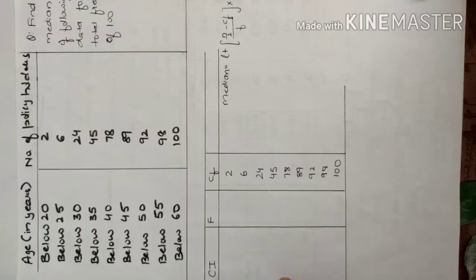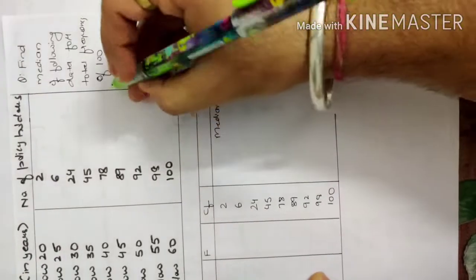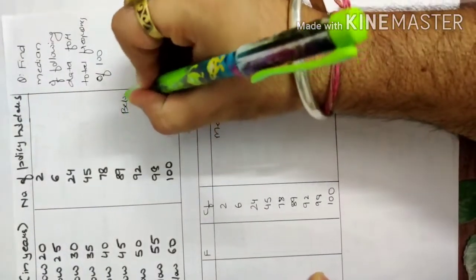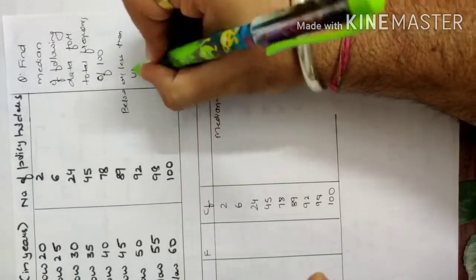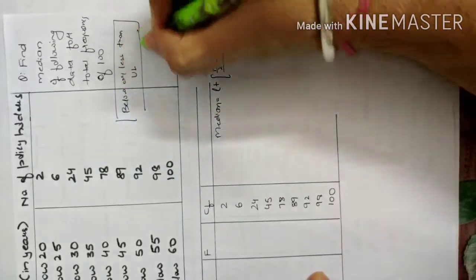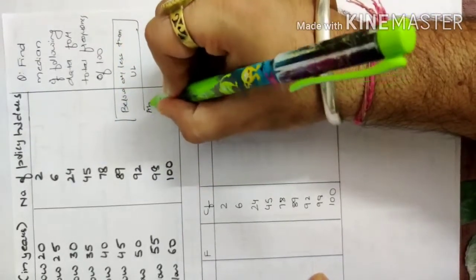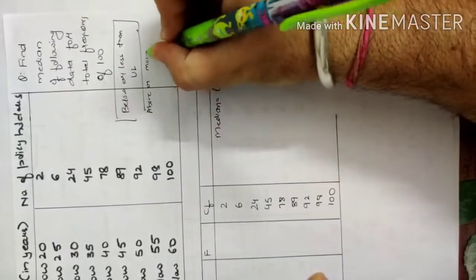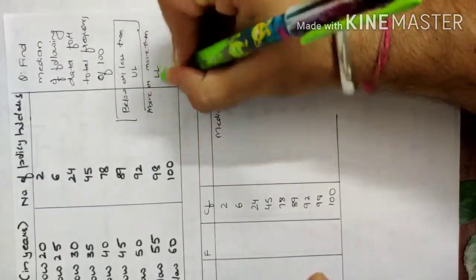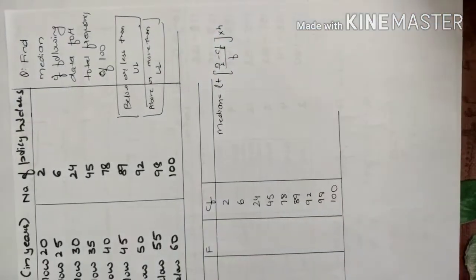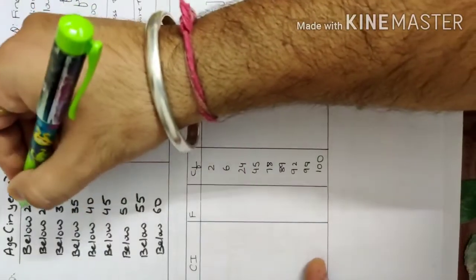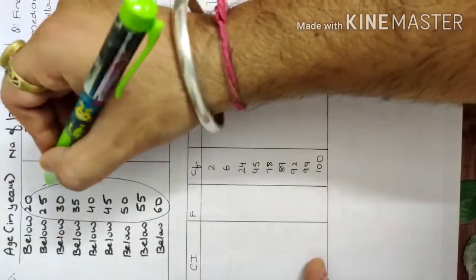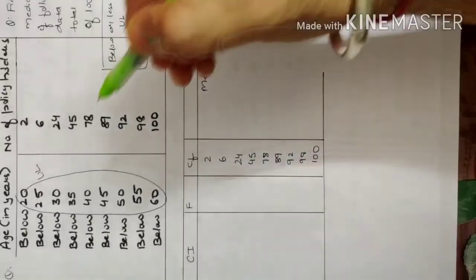One thing more that we need to learn is कि with below or less than, we are always given the upper limit of the class interval. With above or more than type of data, we are always given the lower limit. So right now, all these 20, 25, 30 are the upper limits of the data. So we'll create the class intervals, we'll write all these upper limits.